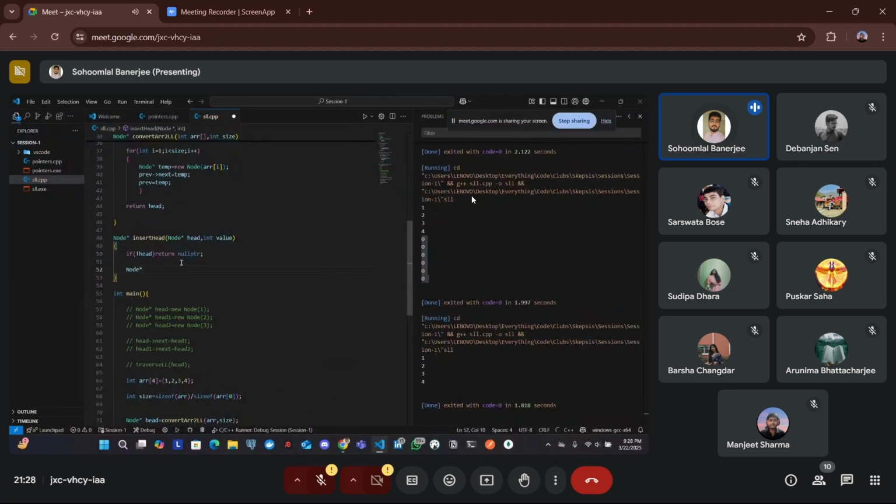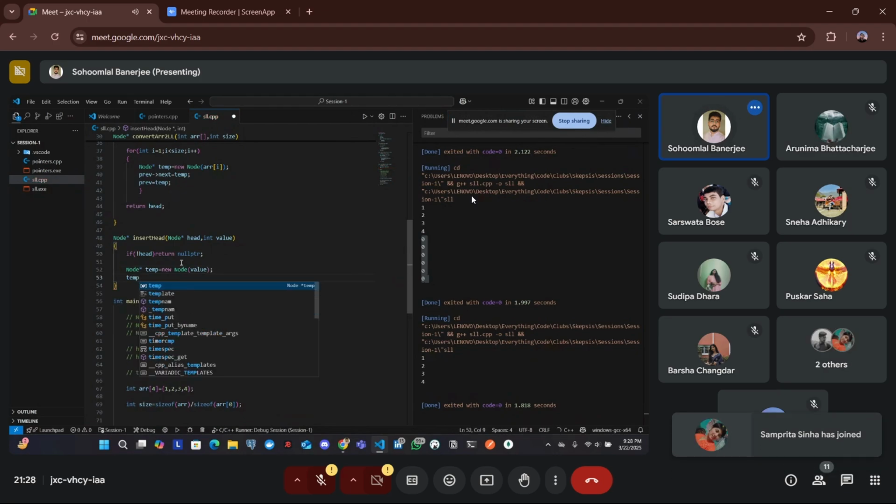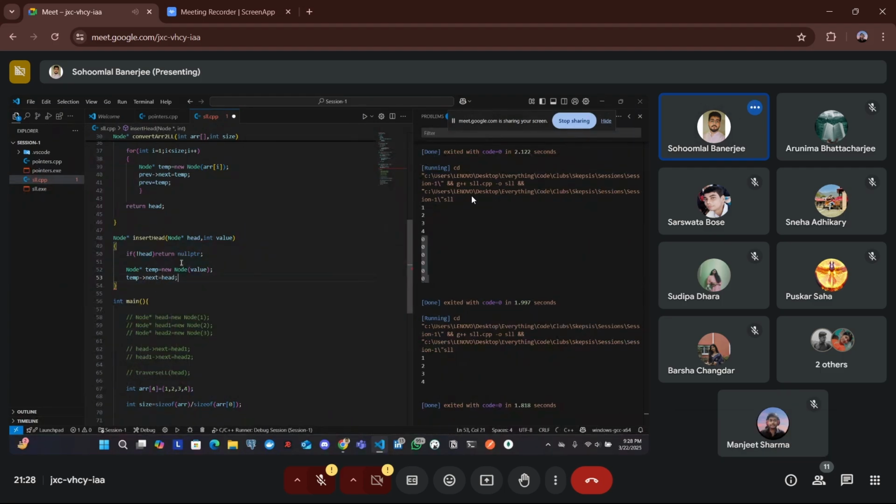Now we need to create the new variable that will be the head. Let's name it temp, because it's a temporary new node, and the value it will contain is value. And what else do we need to do? The other thing is that the temp variable should point towards the head, right? And then we'll be returning the temp from here,